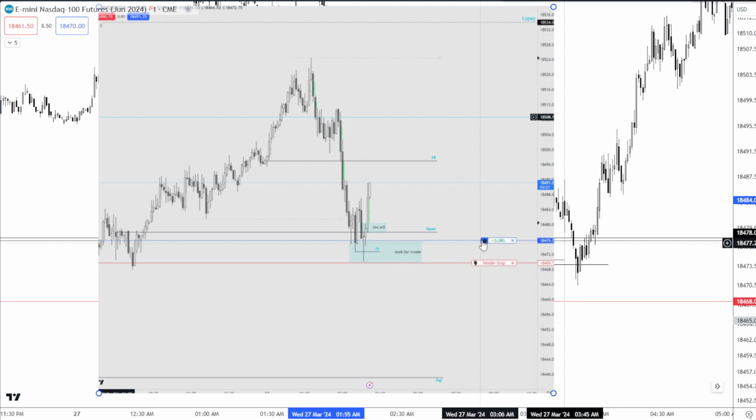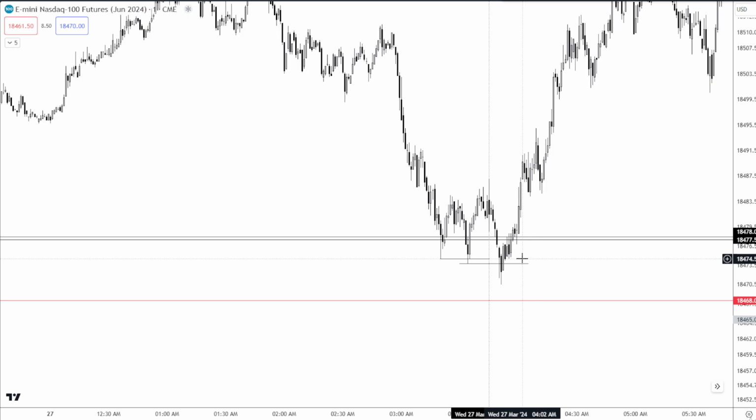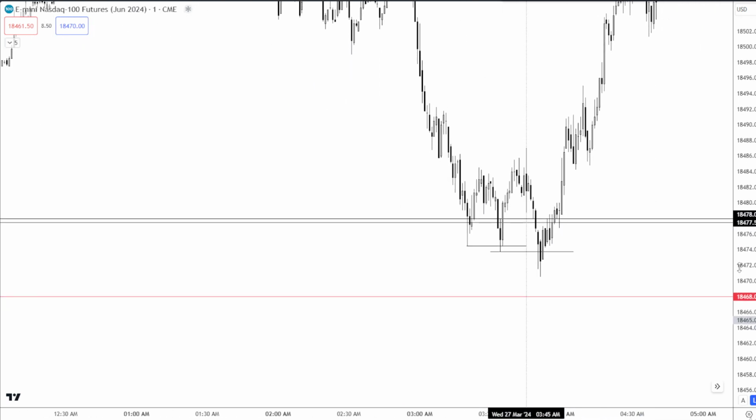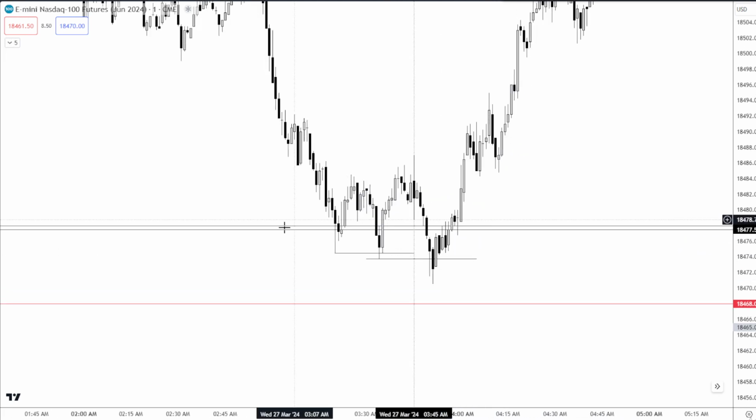But when we look at price, at how it took the low, these lows are taken in different ways. Here we get a wick below the low, a purge and revert, and this one we get a thick down close candle into the low, which, me personally,